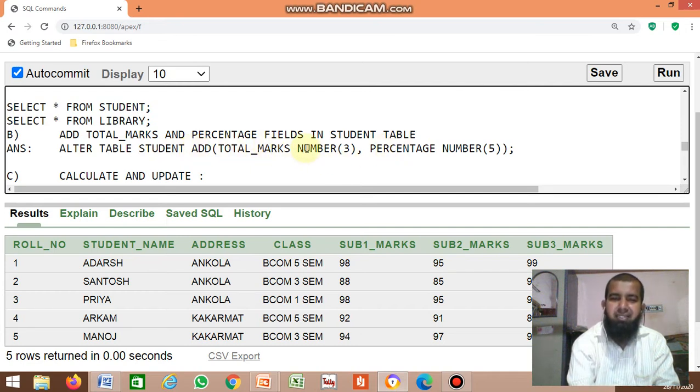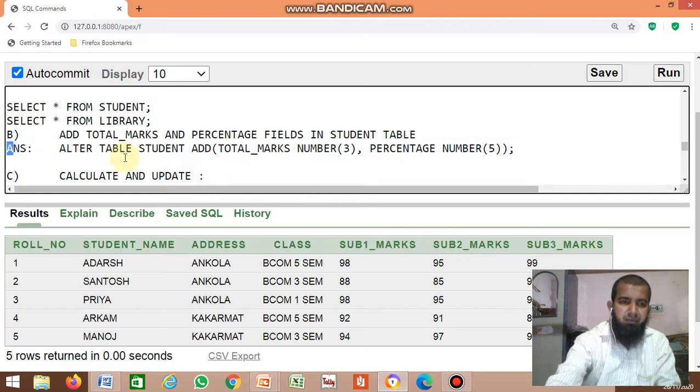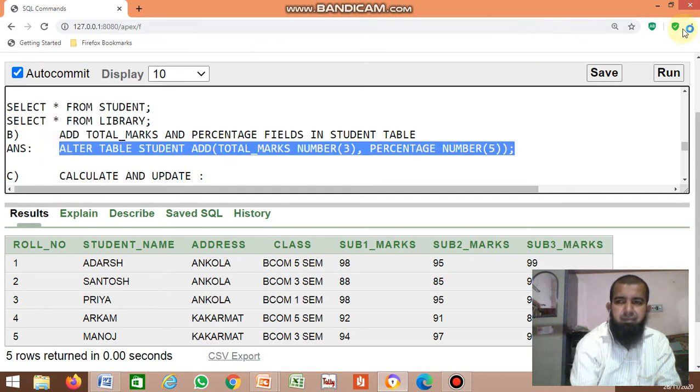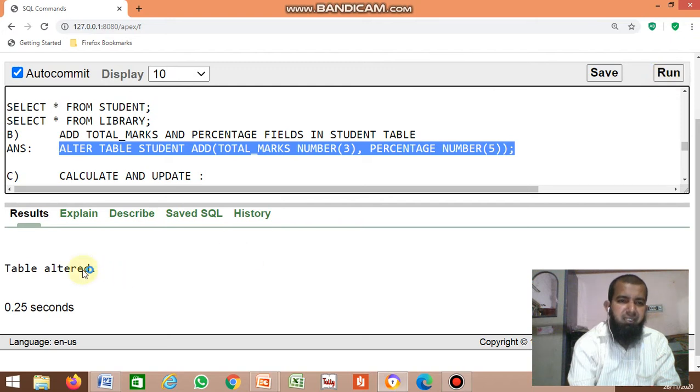Total marks, the data type is number. Percentage also contains number. Okay.